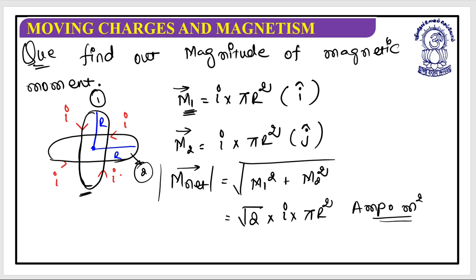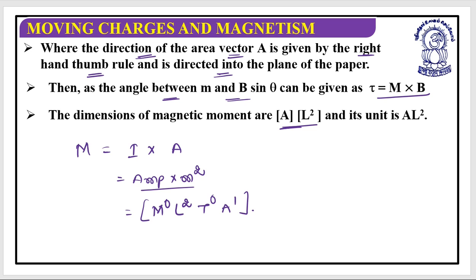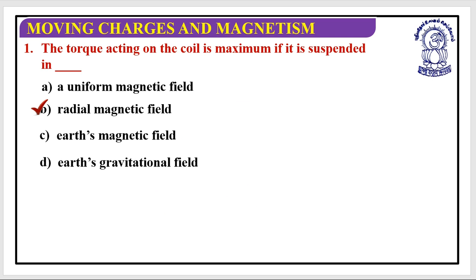Now let's talk about the torque that we were discussing. We were discussing that the torque can be written as torque equals m cross b, the vector product of m and b. Is it clear up till now? So let's have certain questions on it, and then we will move to the further questions. Yes, so the first question says